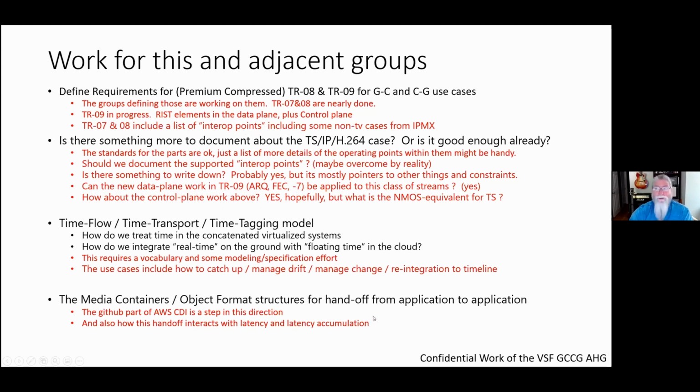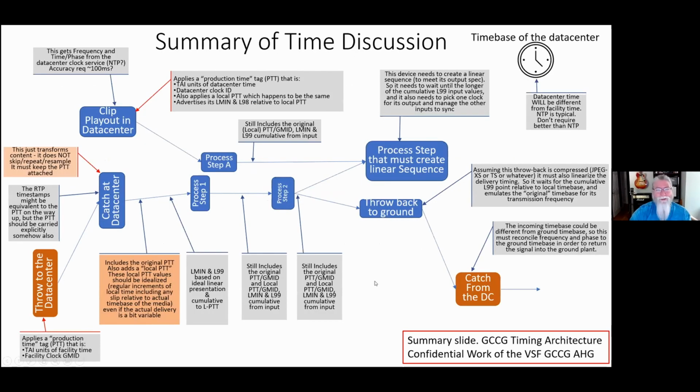And then, of course, what's the actual format of the data when you're handing stuff off between software applications? In this time discussion, we spent a long time iterating this drawing to get down to a point where we said, look, at each handoff, we have a time tag that is what time it was and whose clock it was. That lets us keep track of where the content comes from and what its baseline of time is. And then in turn we came up with a way to describe the variability of that timing.